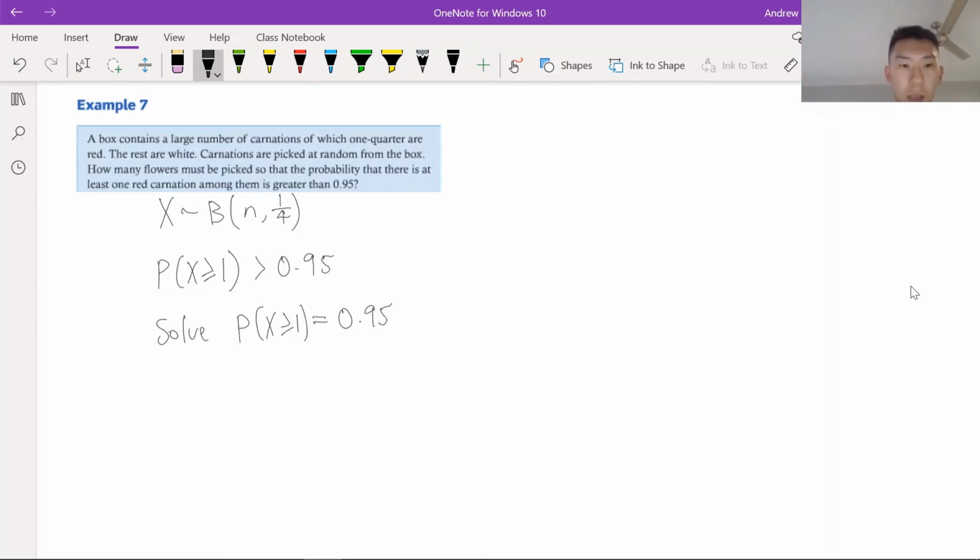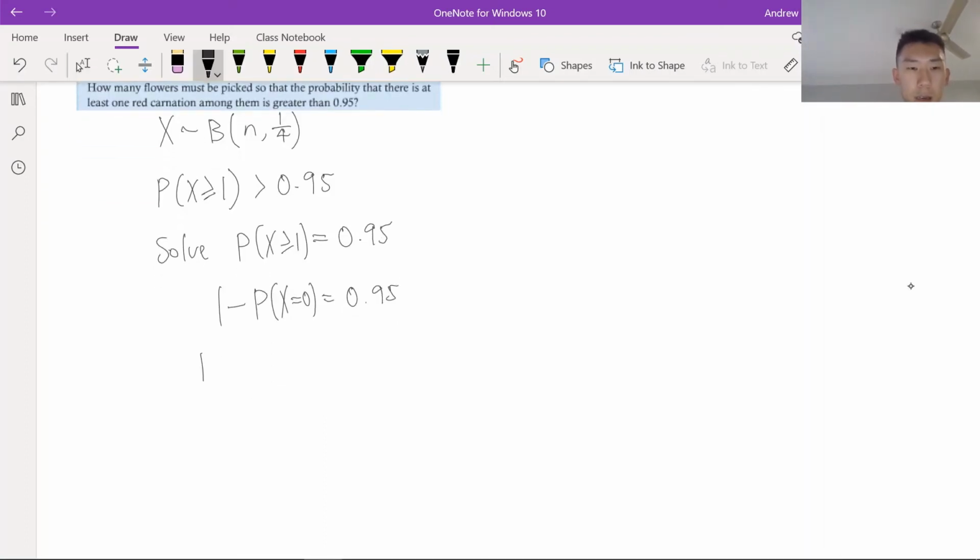All right, so the probability that x is greater than or equal to 1, that's the same as saying 1 minus the probability that x equals 0. Because we want everything from 1 to whatever, so the only number we're not including in that range is 0. All right, so let's just solve this. Let's see how we go. So this is going to be